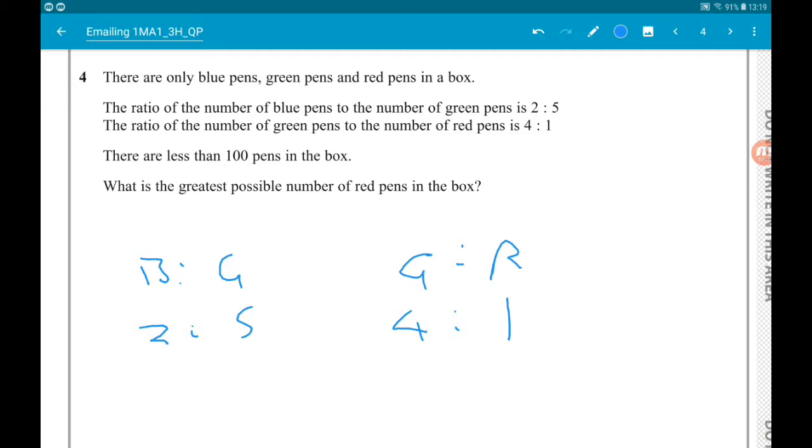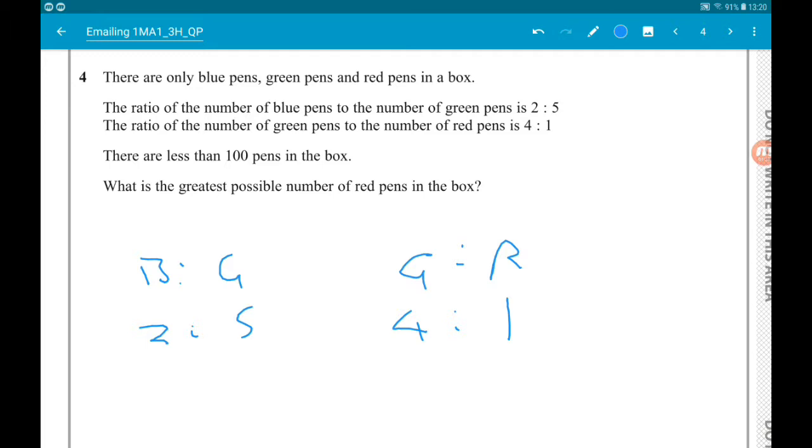The reason for that is we can then work out how many pens are in one lot of the ratio, and then work out the biggest multiple of that number under 100, and that's going to lead us to